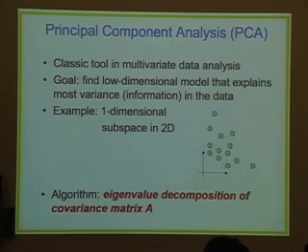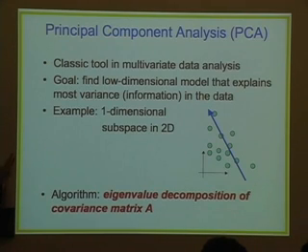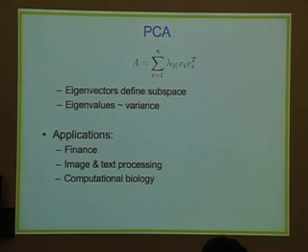So what I want to talk about here is a shorter part of this talk, focusing on another element that I'm really interested in, which is coming up with data analysis tools that give you sparse rules in the end, or sparse evaluation algorithms. Just to give an example, obviously everybody knows principal component analysis, where we try to find a low-dimensional representation of data. For example, a one-dimensional representation that explains most variance of a two-dimensional data set. How this is done is obviously by looking at the covariance matrix and at the eigenvalue decomposition.